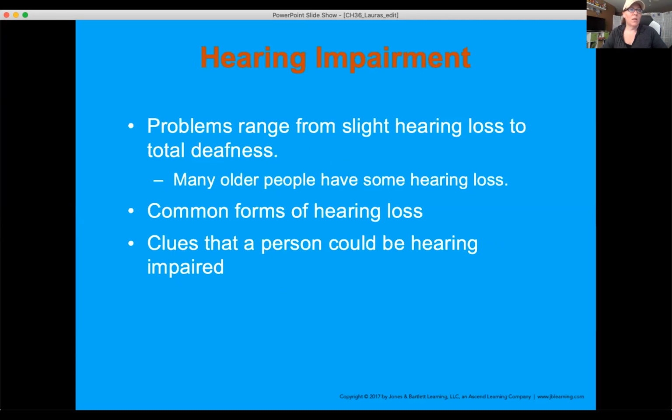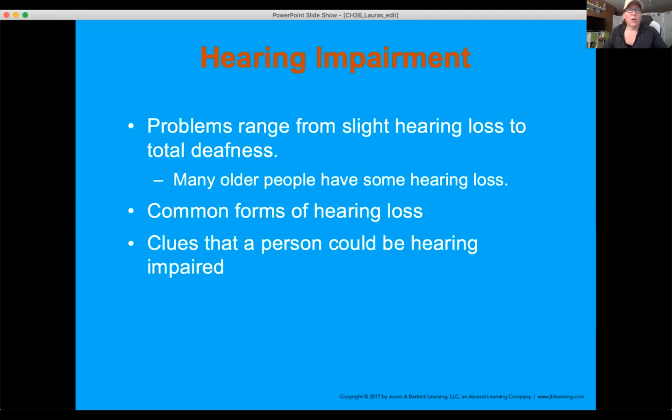Hearing impairments, again, people can have varying levels of hearing impairments at any age. I'm realizing now with this COVID stuff going on that I read lips a lot more than I used to, and everybody's wearing a mask. So it's harder to tell what somebody's saying when you can't see their lips under the mask, and it muffles the voice. So that can be one of those things that we're going to have to navigate through, because I don't want to remove my PPE necessarily, but I want to make sure that I can communicate with my patient, right?